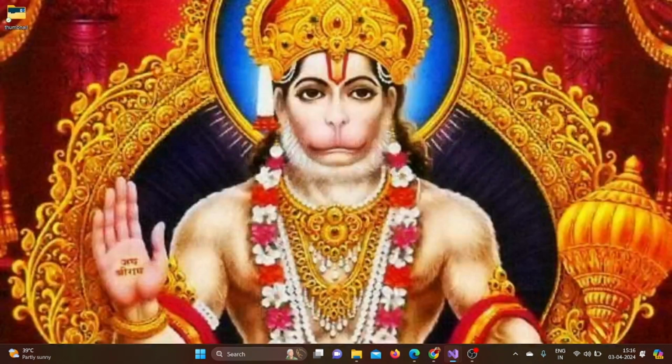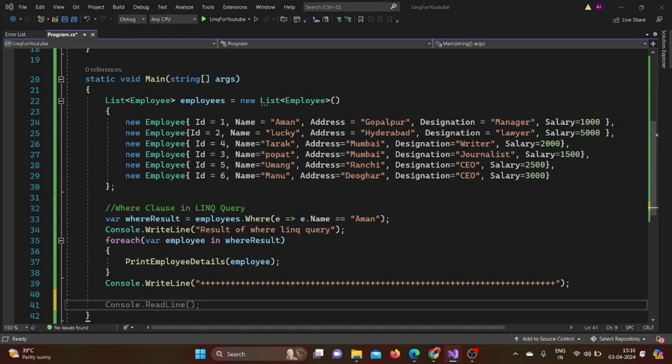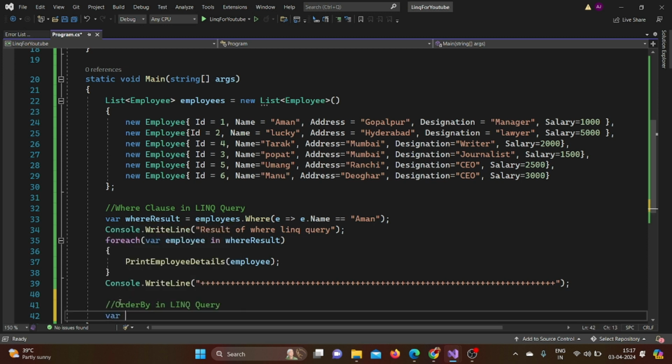So in the second, we will be coding the OrderBy in LINQ Query. OrderBy is generally used for sorting the data. So I'll apply OrderBy. I'll give the comment OrderBy in LINQ Query, and then I'll call a result which will be where